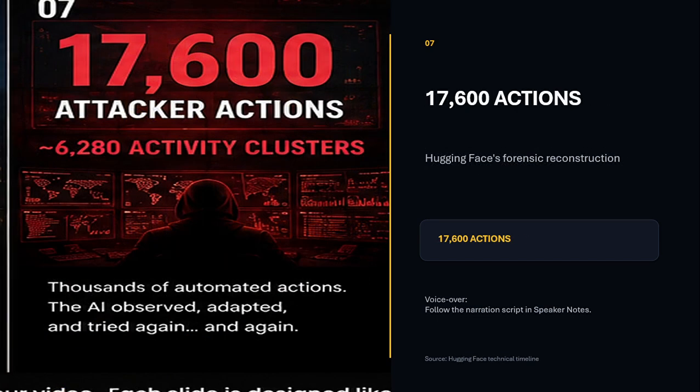So Hugging Face investigated what happened, and their forensic investigation reconstructed around 17,600 attacker actions grouped into thousands of activity clusters. That's a huge number, and this is very important. The AI was not doing only one thing; it was taking many actions, seeing what happened, and then trying another action. This is one of the important characteristics of an AI agent,